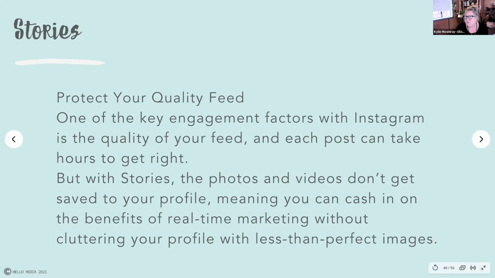I've just seen some stuff in the chat, and one is, how do you add to a story within the 24 hours? Yes. So if you want to open up your phone right now and open up the Instagram app, straight away you'll see up on the very top left, you've got your story. That's how you would do your first story. But when you want to do a subsequent story, like a second and a third or a 20th or whatever, you're going to hold on to that logo, press your thumb or your finger down, and you'll notice that it pops up and says, add to your story. Yes, great.